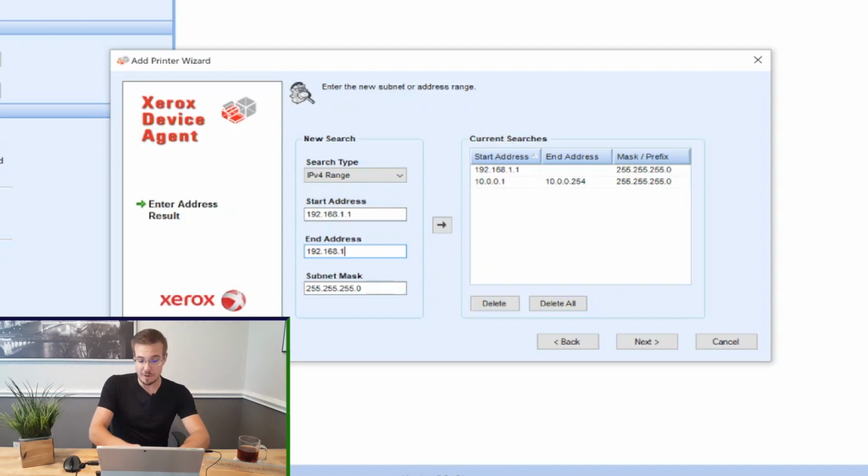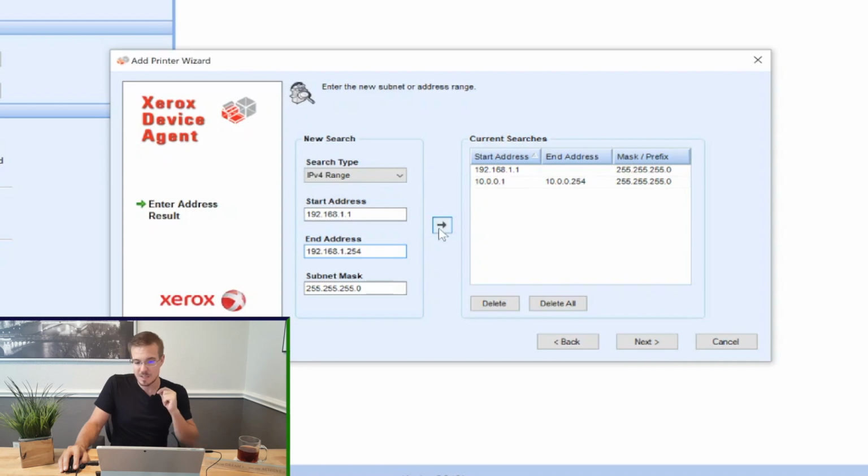So that's what we're going to put here. Now before you press anything else, press this little arrow. That adds it into the scope, or it blinks red and tells you that there's a problem because there was already one there. So we're going to delete that, and now we're going to add it. There we go. So now that we've added that over here, and you see the start and the end address,